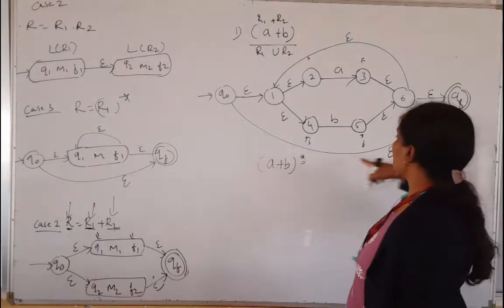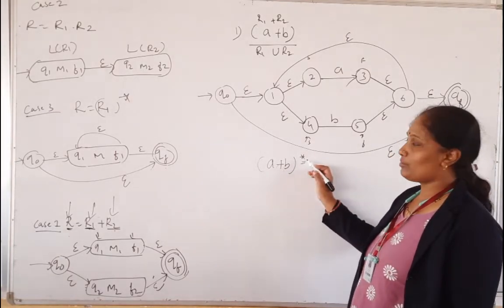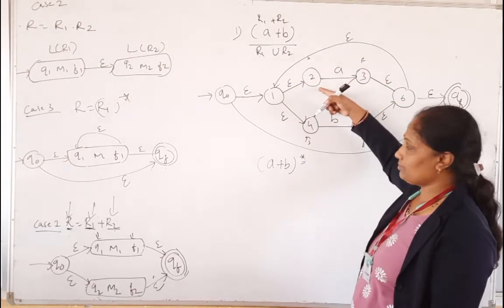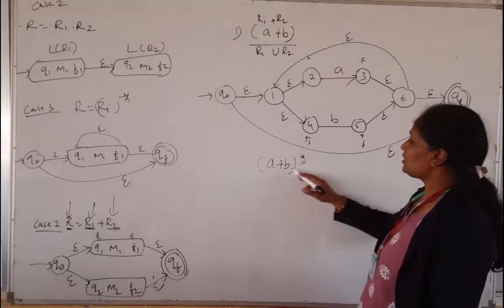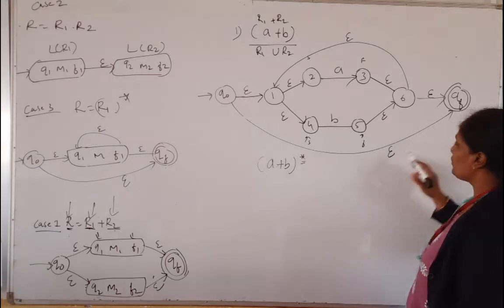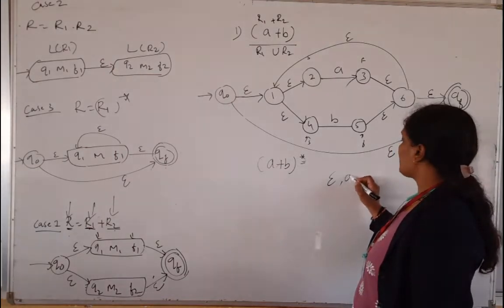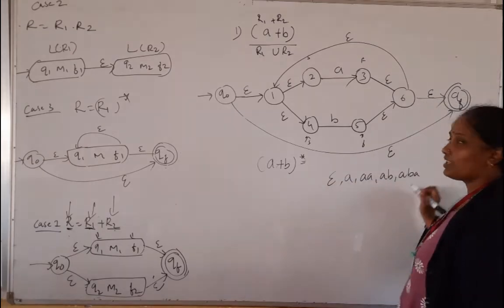So why should I show this? Because star indicates what? This may occur 0 or any number of times. So for any number of times, I had drawn the DFSM. What about 0? So 0 transition, if this has not occurred, then directly it will move from the start state to the final state using this epsilon transition. So it accepts epsilon, it accepts any number of A's, any number of B's and the combination of A, B.